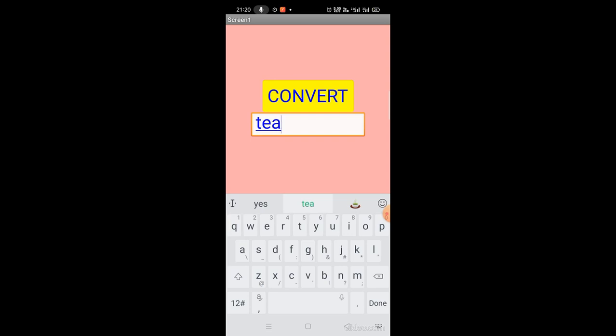It will convert into audible sound. If you type lunch in the text box and click the convert button, lunch. This is the text to speech conversion mobile app.